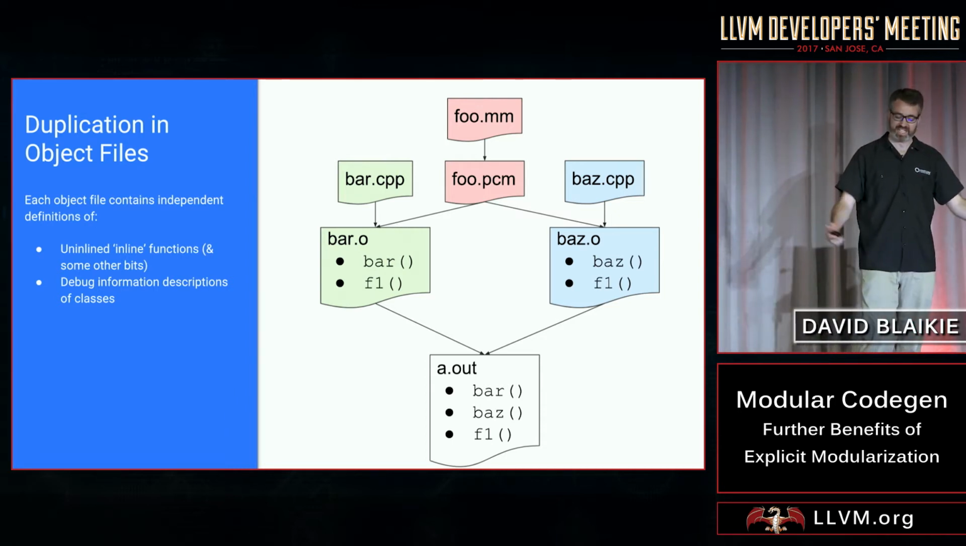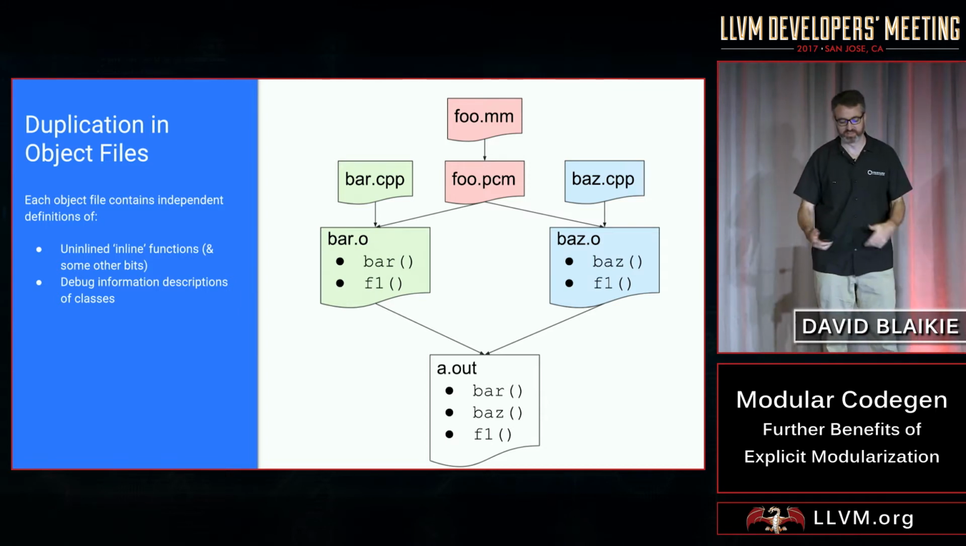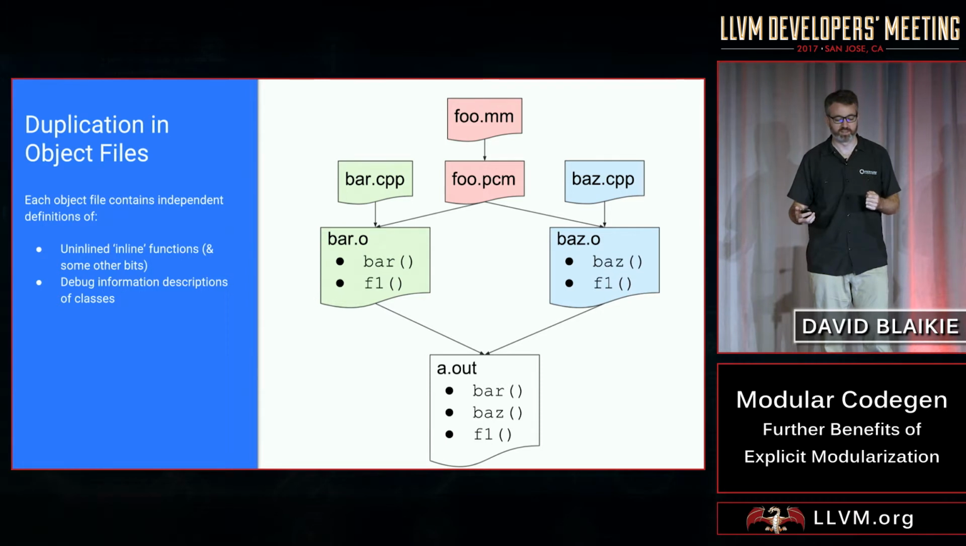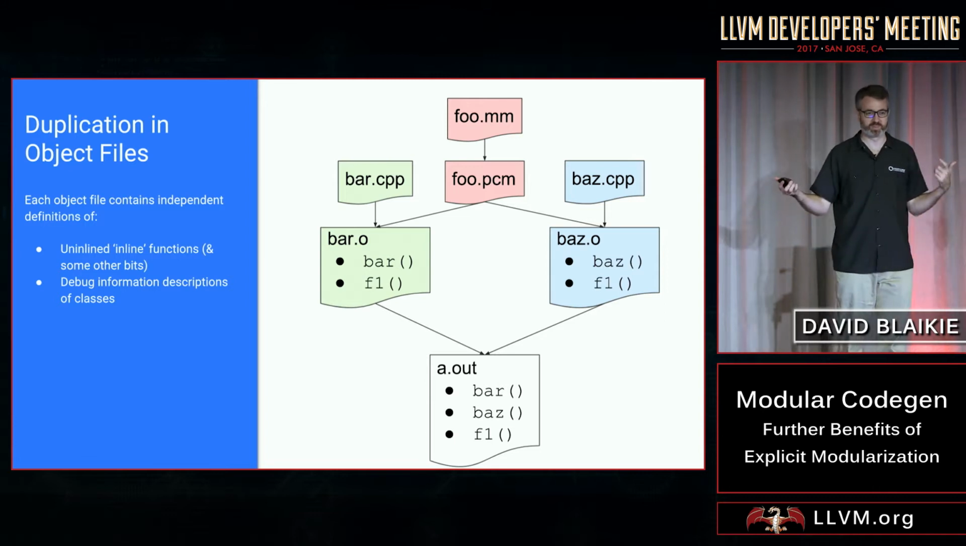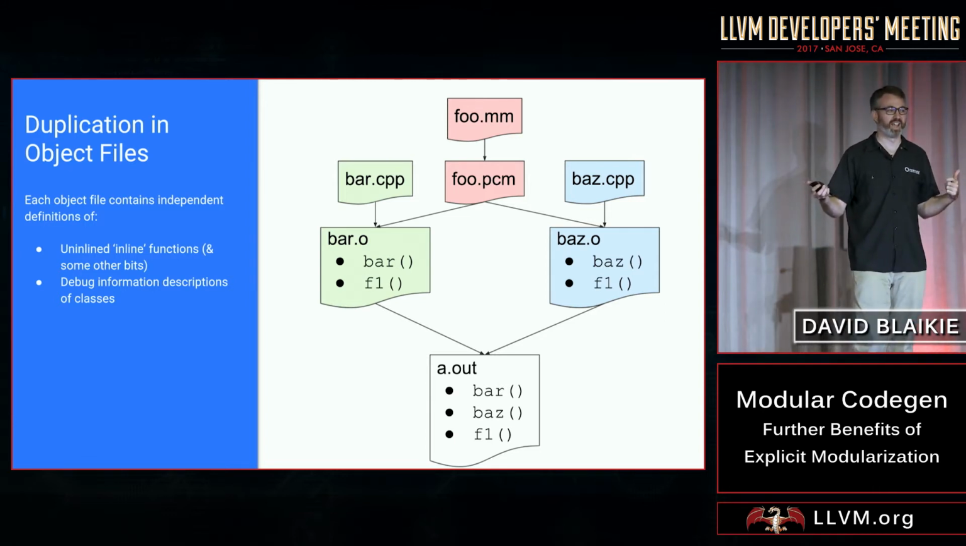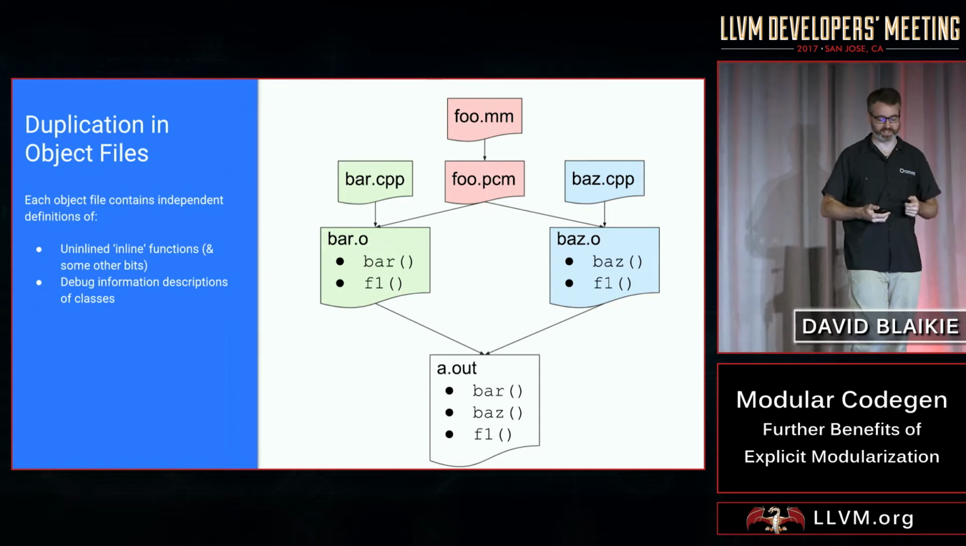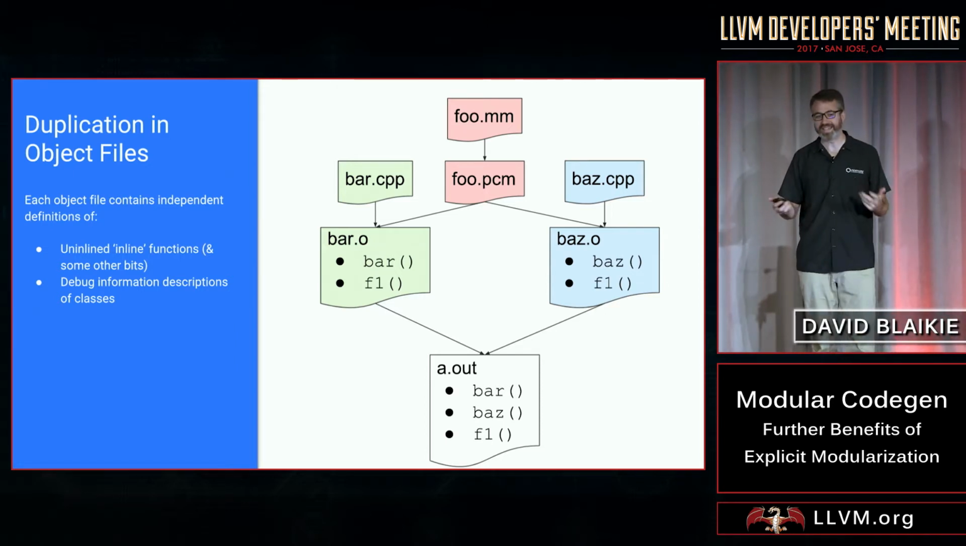Here you have a classic kind of situation. You had your inline function from the example earlier, and you compile two files that use it. Yeah, you got to use your PCM, but F1 ended up in both of your object files, and then had to be deduplicated by the linker. The linker gets to pick one, but it had to get all of those bytes in the